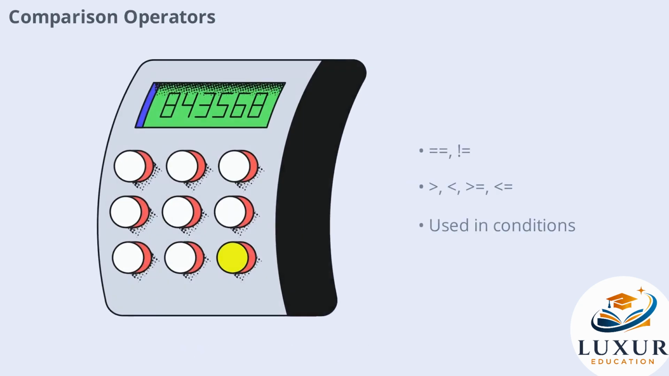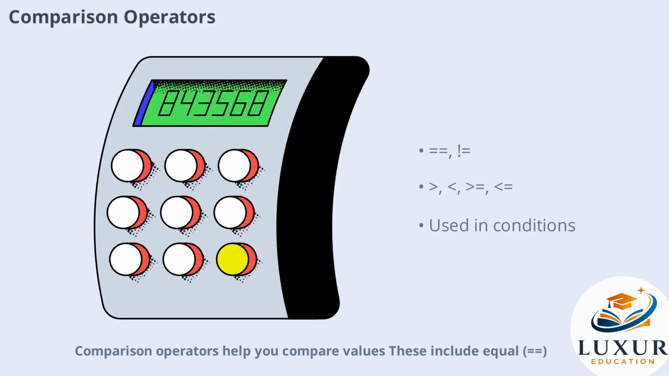Comparison operators help you compare values. These include equal (==), not equal (!=), greater than (>), less than (<), greater than or equal to (>=), and less than or equal to (<=). They return true or false based on the comparison, making them essential for decision-making in your code, such as in